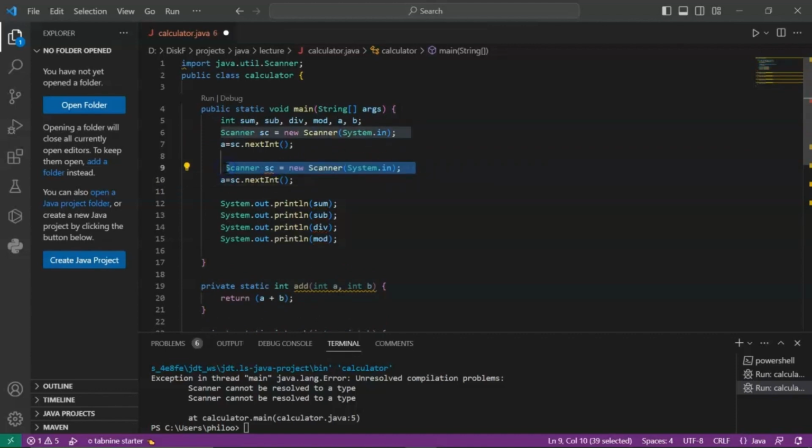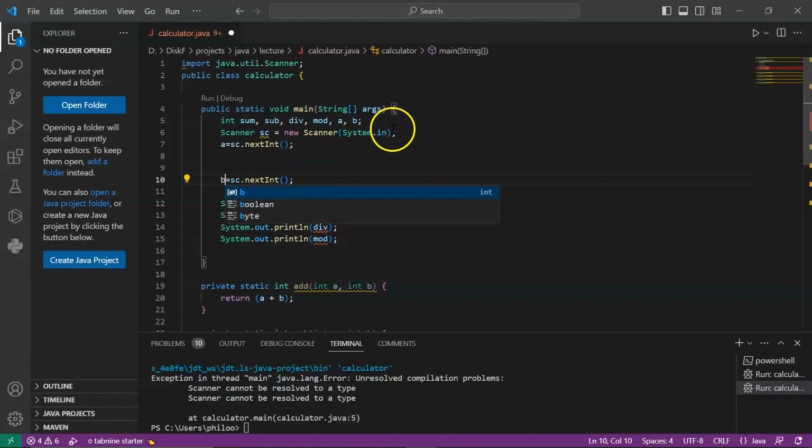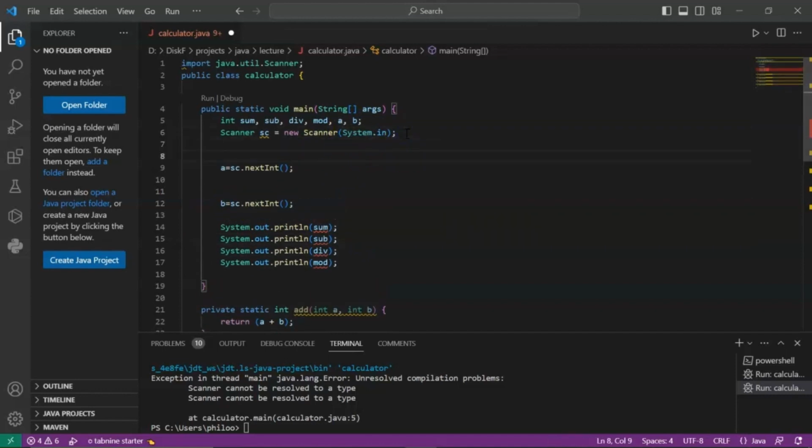So, sorry, we have to do this. Okay, B, but then we are going to have to ask the user. So we must tell the user we need this value and that value. Okay, so we should say